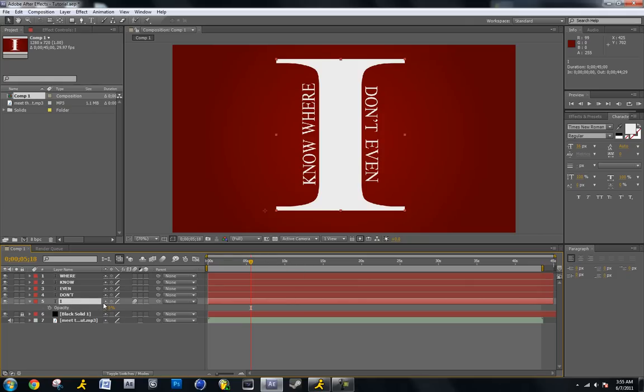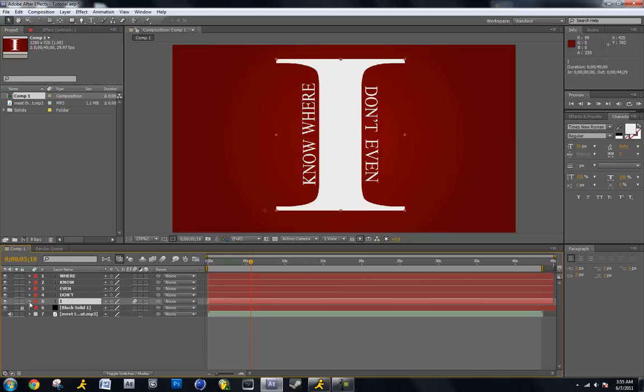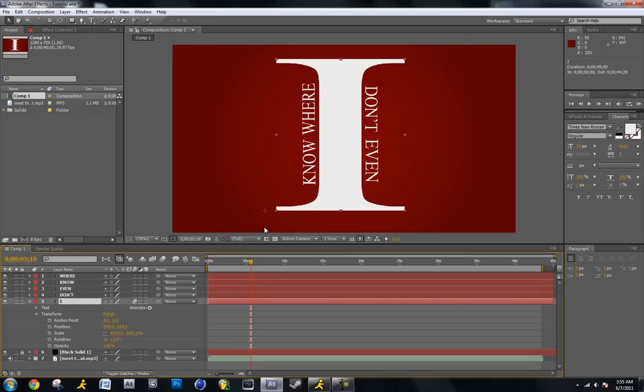Now, since that's where he says "I", we want to put a keyframe on the opacity and the position so it's exactly like that when the word is said. This will start our transition. We can set a transition, but we need to do this first. So put a keyframe on position and opacity. Now go a few frames back